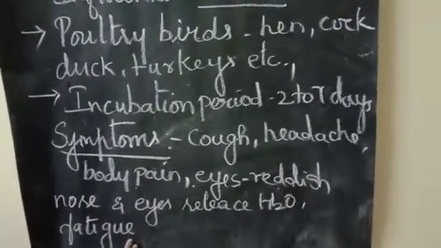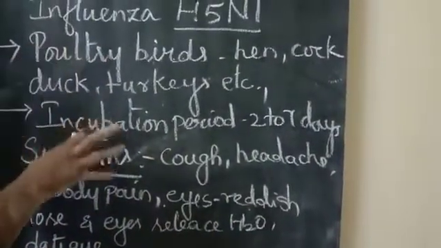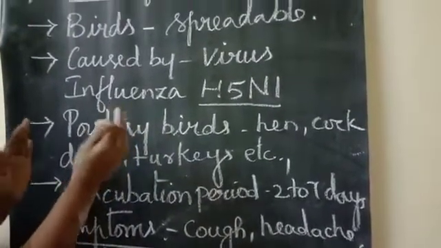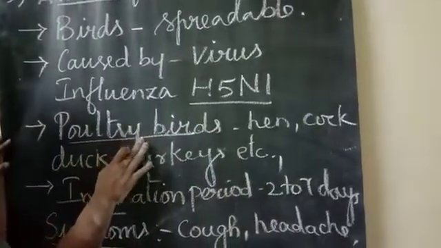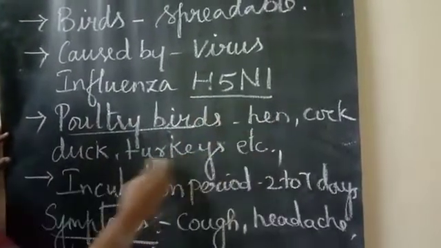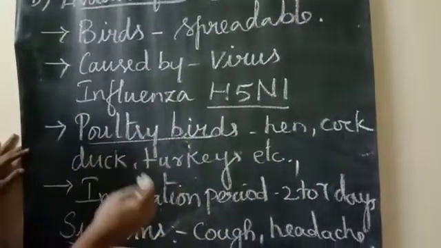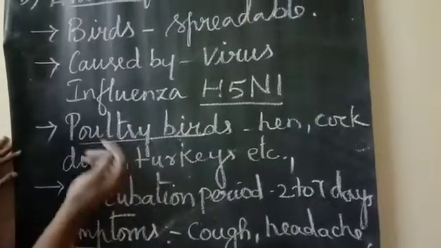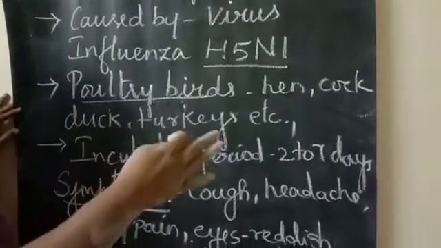Next we are going to see the preventive measures. I'll explain. The poultry birds should be kept in the open air, and sufficient space should be left for them, and proper ventilation and aeration should be provided. If any of the birds are infected, they should be isolated and discarded. If not, the disease can spread from one infected bird to another healthy one. So proper aeration and ventilation are needed, and the waste should be removed promptly.